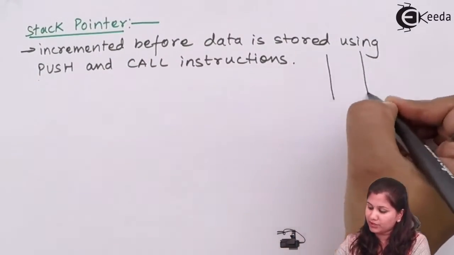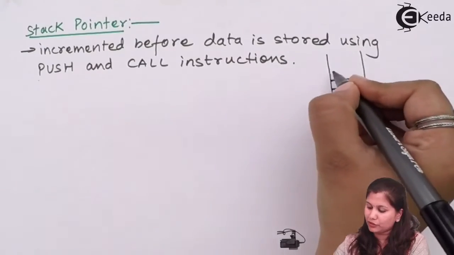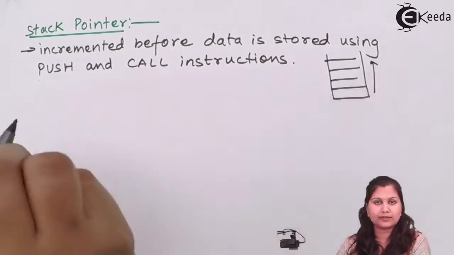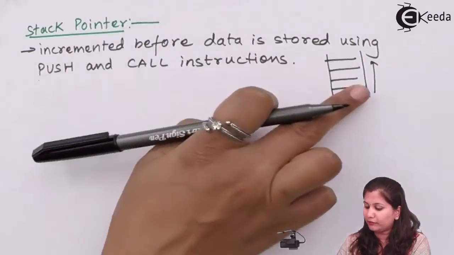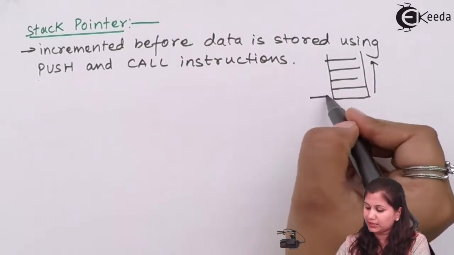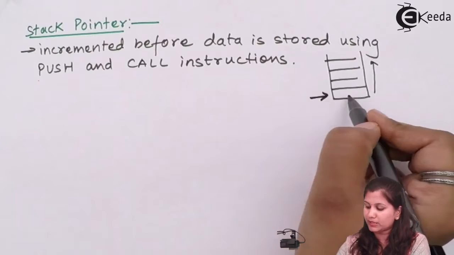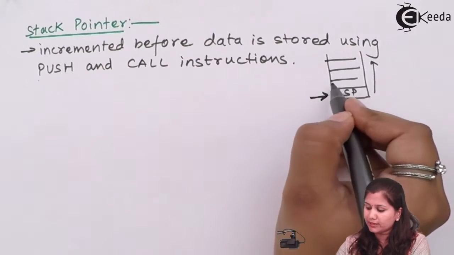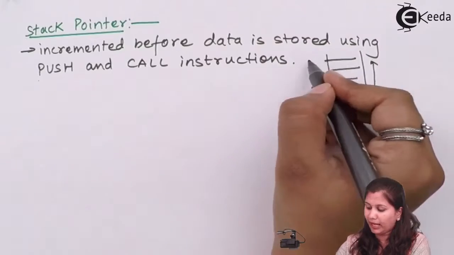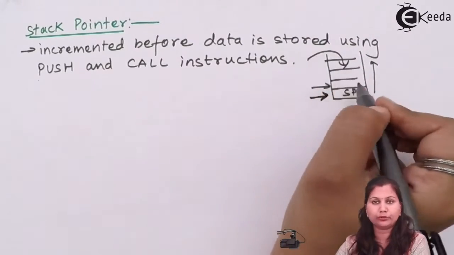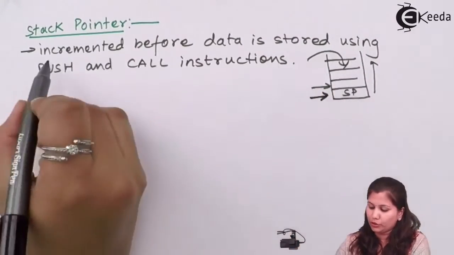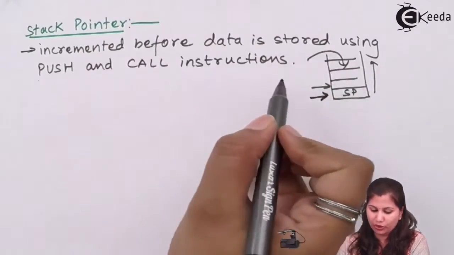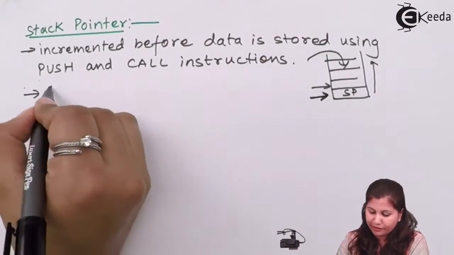So just like this is the stack in which the memory locations are there, and the stack is starting from here. Okay, so if data is to be stored, this stack pointer is pointing towards the starting address of the stack. So this stack pointer will be incremented, and after that data will be stored into the stack. Okay, so this stack pointer is incremented before data is stored using push and call instructions,